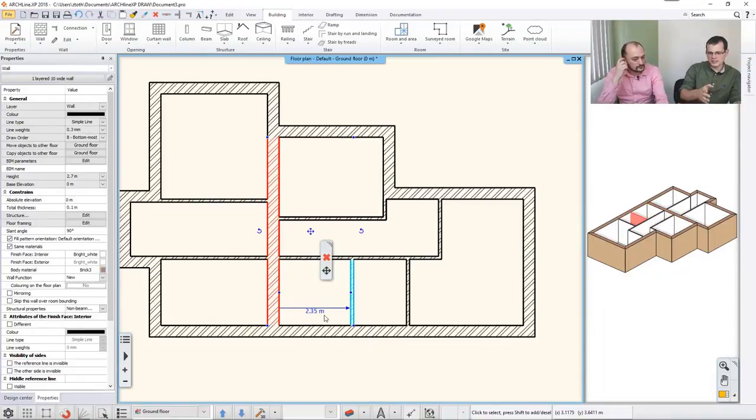So what happens here is that you select one wall first, hit Control and select the other wall, and then you are able to get access to this vector where you can add in the distance between the two